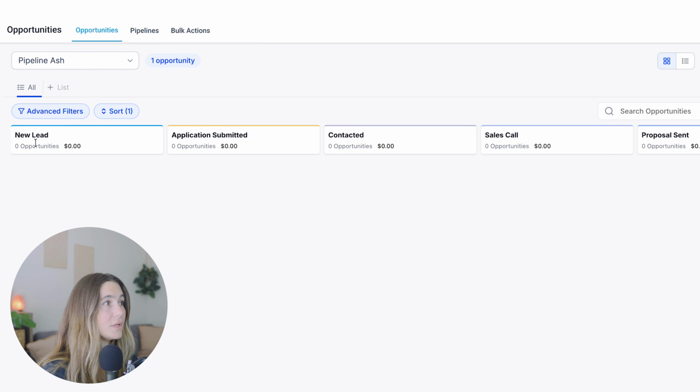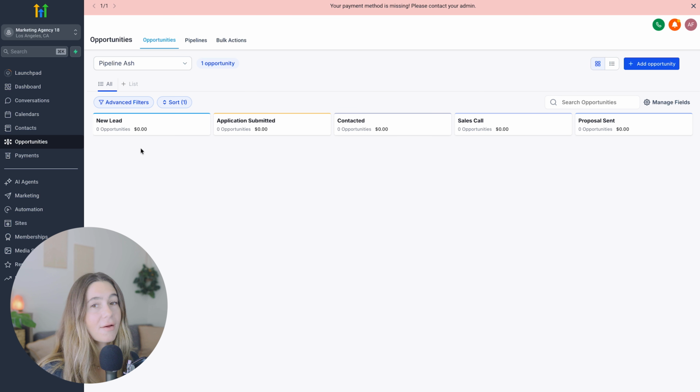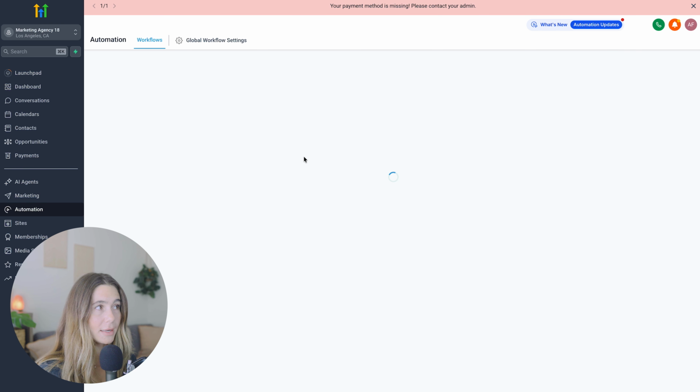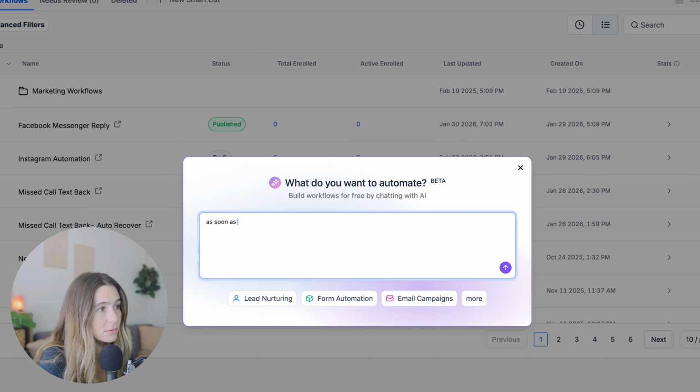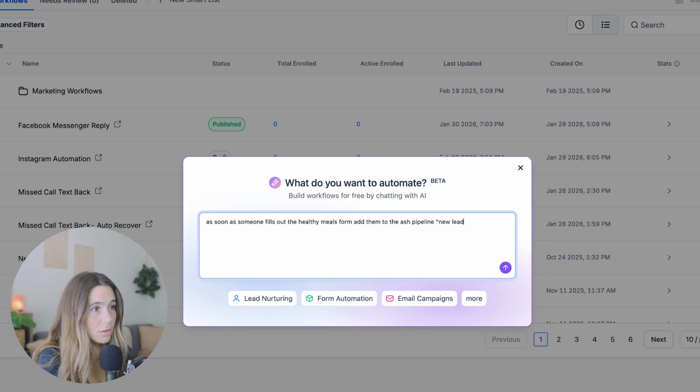So maybe they would be right here. They would automatically become a new lead. And maybe we have them tagged as healthy meals lead magnet, right? So to create automations, we would go ahead and come in here. We can build using AI. As soon as someone fills out the healthy meals form, add them to Ash pipeline, new lead, and then add